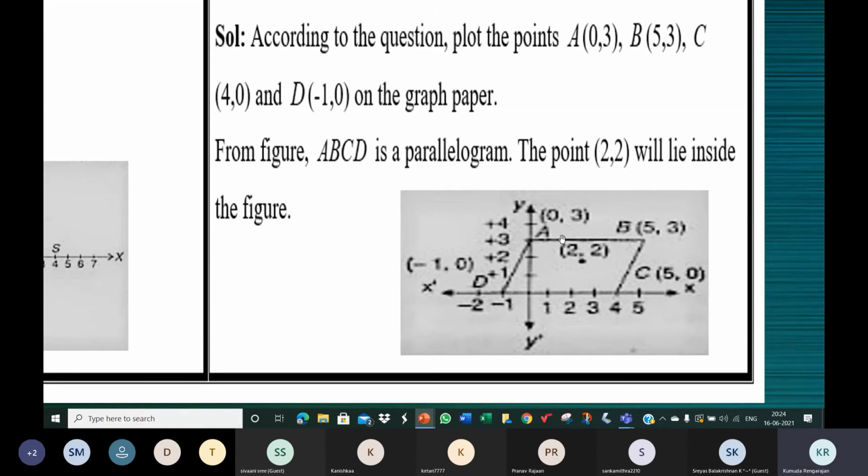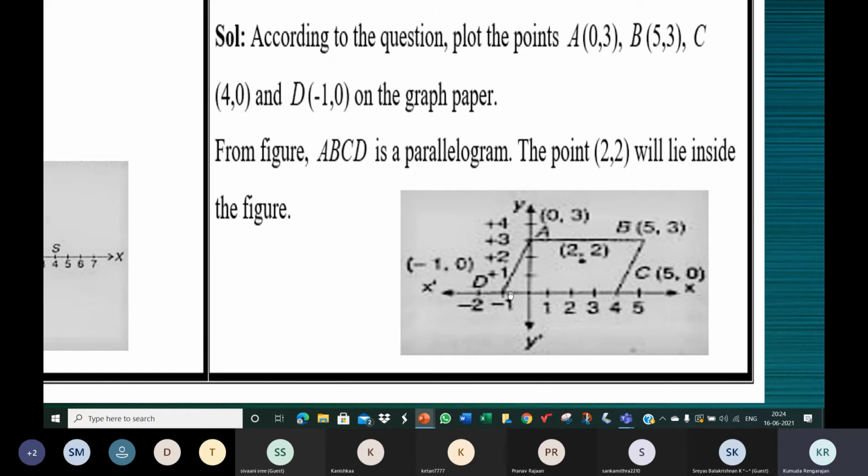And it's equal. So AB is parallel to CD and AB is equal to CD, because what's the length of AB? You can see it's 5 units. What is the x coordinate here? 5. The x coordinate represents the perpendicular distance of the point from the y-axis. So this is 5 here. CD is also 5 because you can see 1 unit here and 4 units here.